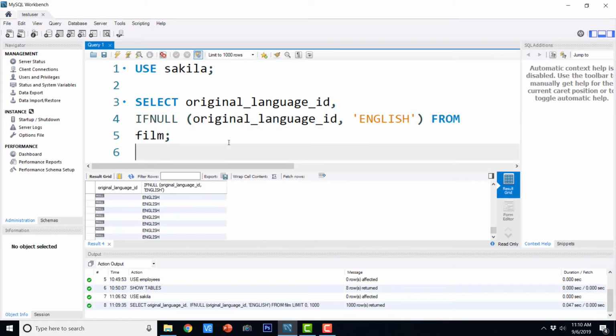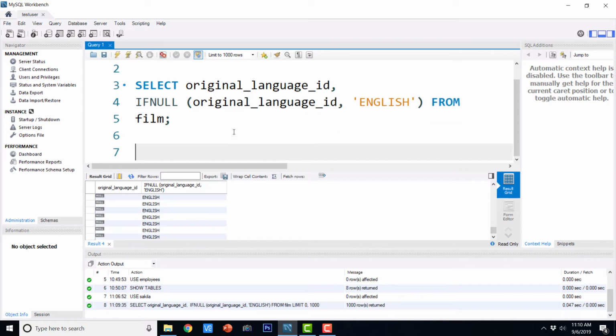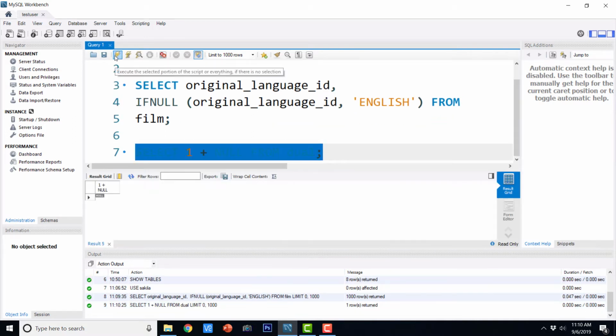Suppose you have something like select 1 plus null from dual, then probably it is going to give us the wrong results. See, it actually returns null.